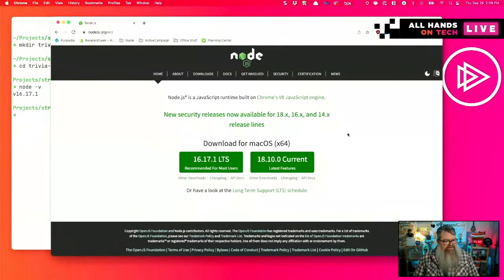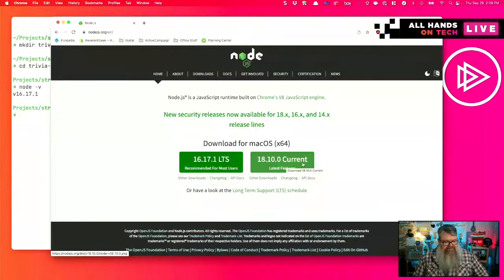And you're presented with a couple of downloads depending on your operating system. The long-term support, or LTS, is the current stable version, and that's the one that I always recommend. Whatever is currently LTS is what you should be using to build your production applications.